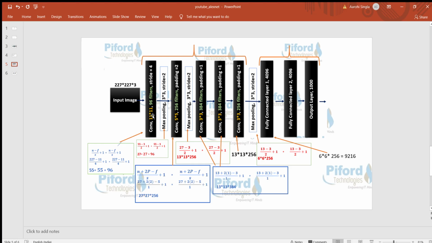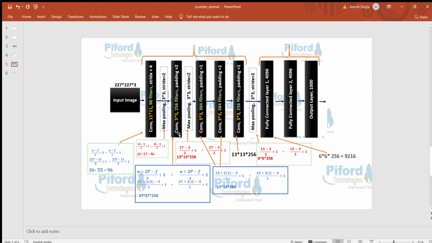See, after the convolutional layer and then the max pool layer, our image got reduced from 227 into 227 into 3 to 27 into 27 into 96. Why 96? Because we are applying 96 filters, so the output channel becomes 96. So now our image size is 27 into 27 into 96, which is the output of max pool, and this will become the input of the next convolutional layer. What is the input to the next convolutional layer? 27 into 27 into 96.